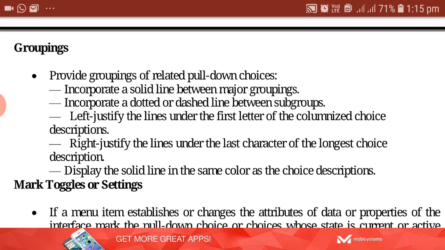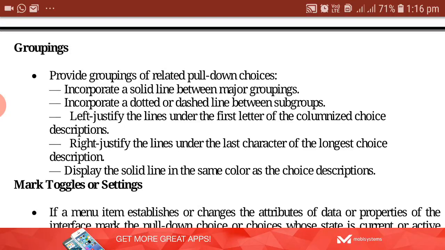After that you have to leave three columns or three spaces. Thereafter you are allowed to give the other information related to that description. So whichever is the longest choice description, right justify the lines under the last character of the longest choice description.